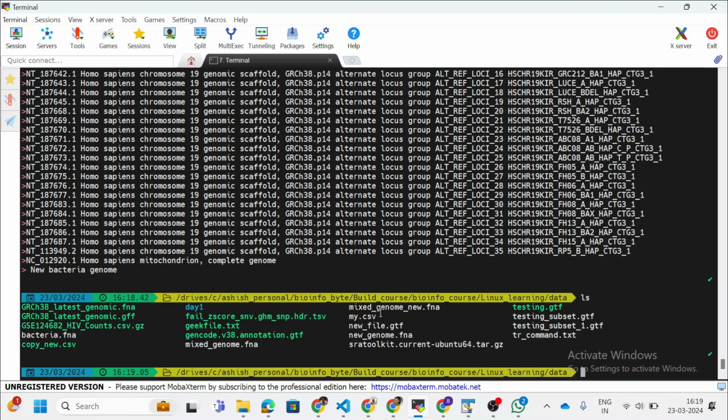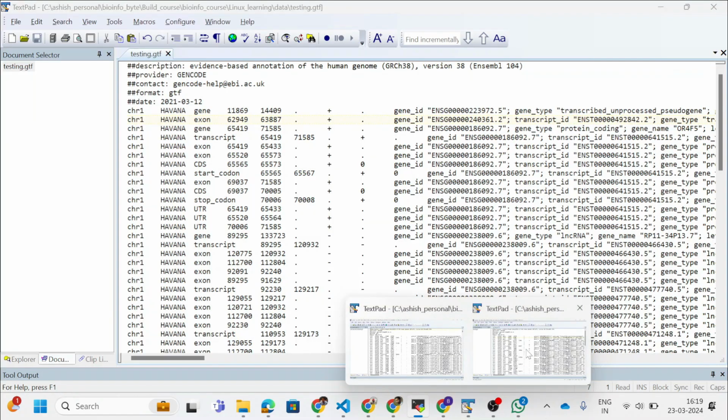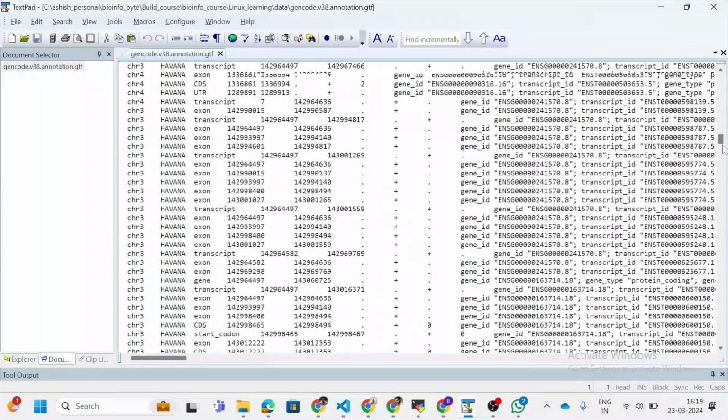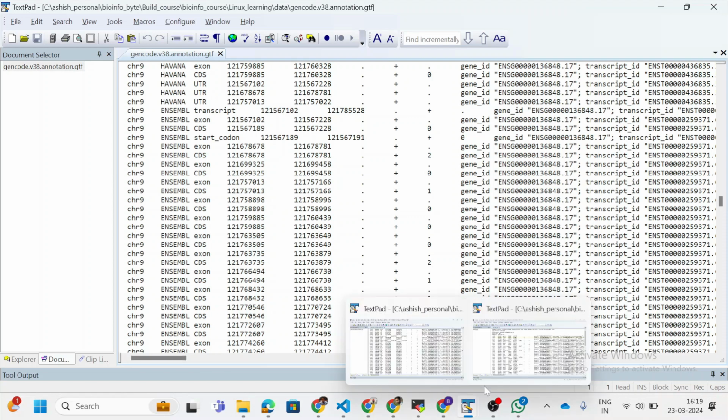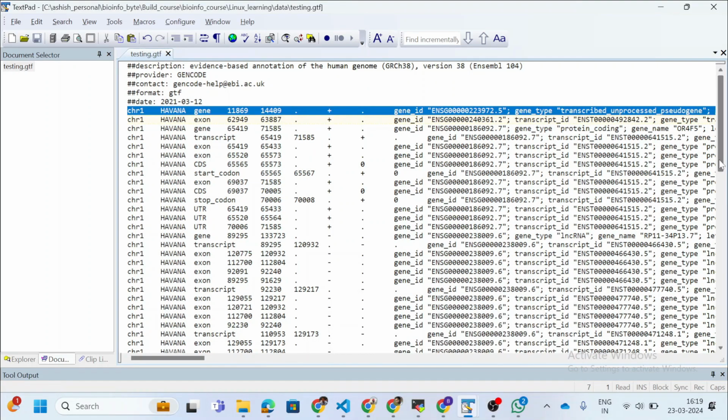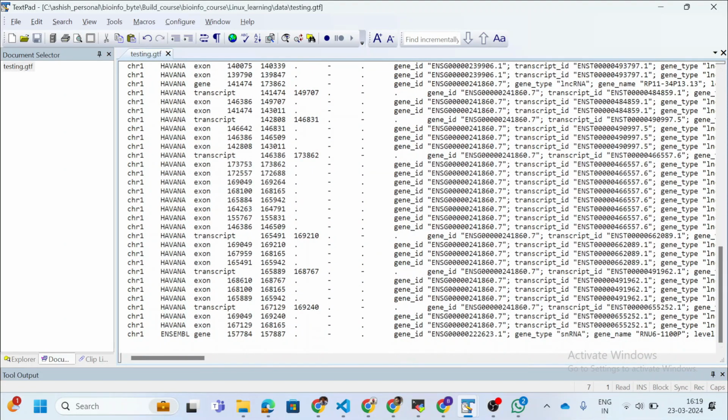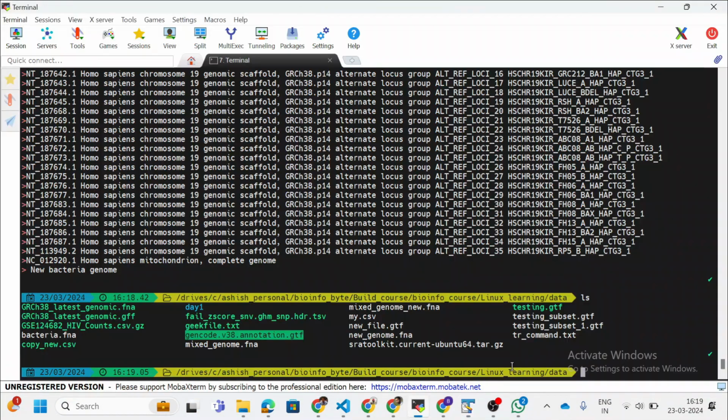So this GTF file is a huge file. So what I did is create a subset file for testing. If you see, I have this particular file, which has a lot of information. But if you process each command one by one, it will take a lot of time to get the output. So for this demo class, I have created a subset of this file and only kept 30 to 40 rows. So we have this testing.gtf file, a small annotation file.